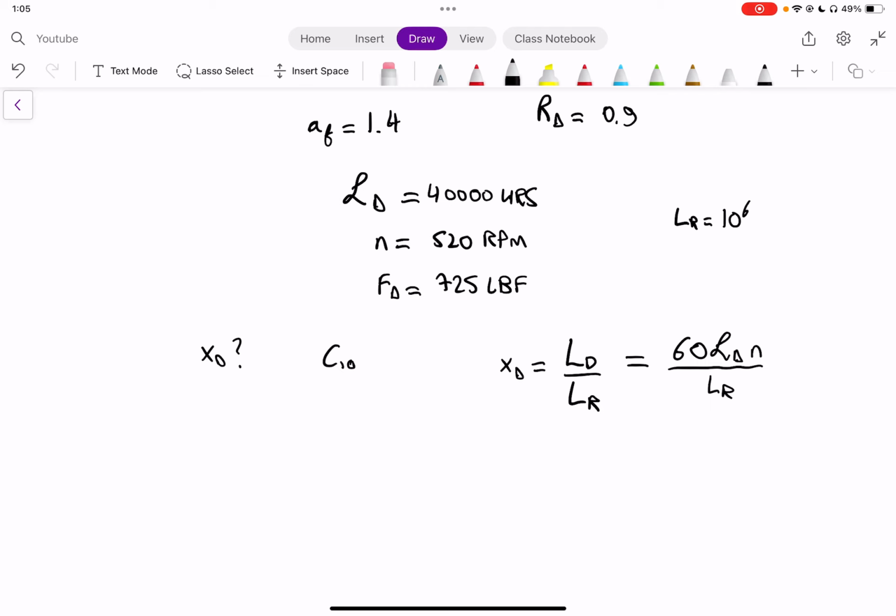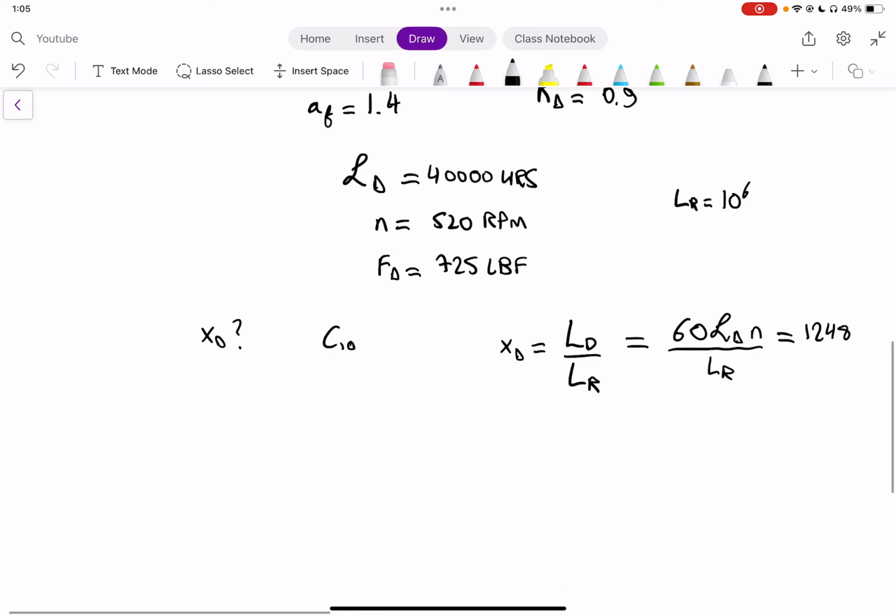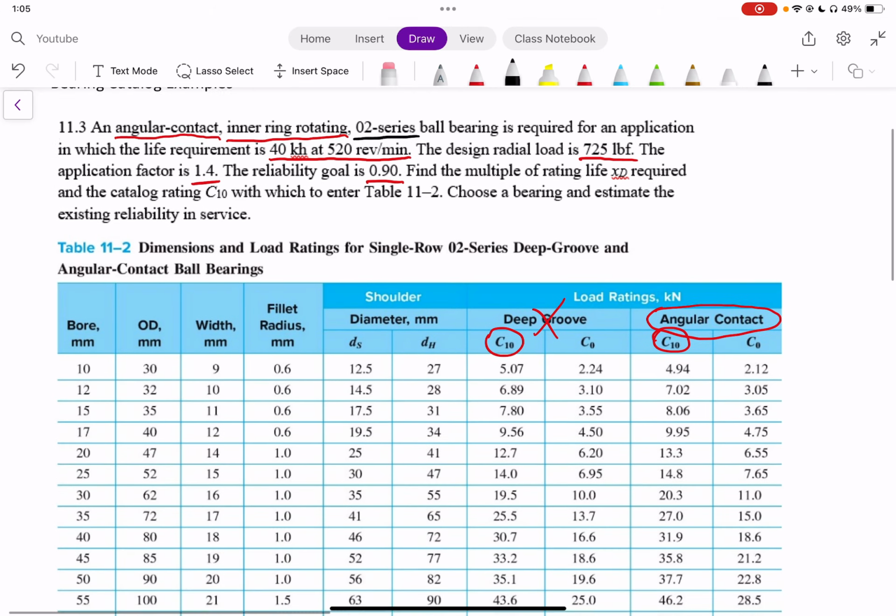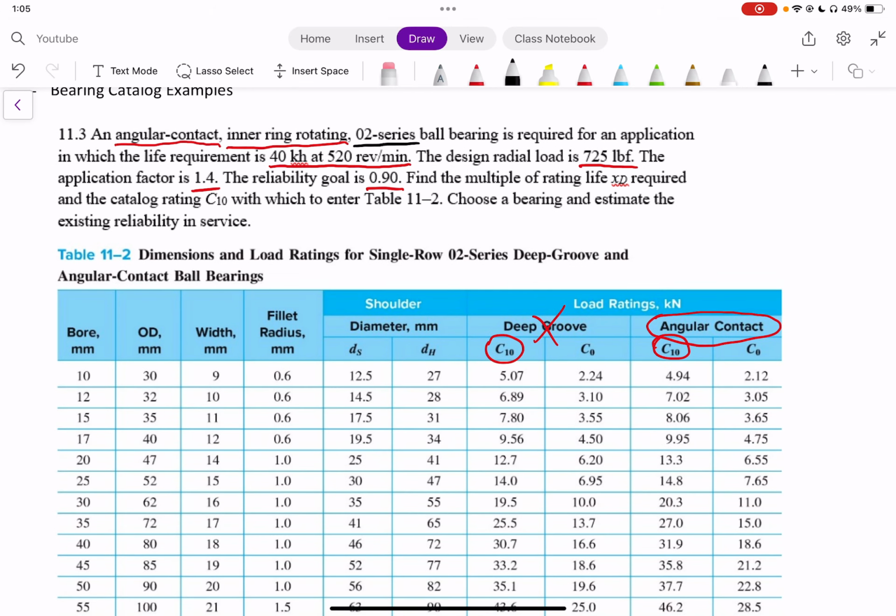So we can write this out and then we can plug in our numbers. And if we plug in our numbers, we get that XD is going to be equal to 1248. So that means that the life desired is 1248 times higher than 10 to the 6th. Okay, then our next step, according to the problem, is to find the catalog rating with which to enter